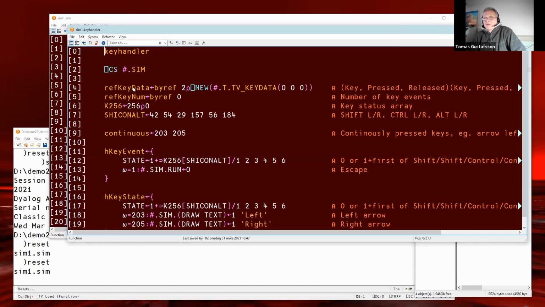And that result we can, from APL, read with refKeyData.value. So we create a piece of data for the keyboard input and another for the keyboard input. Then we create an APL variable with 256 slots for the keyboard keys, of which there are 256. A bit of housekeeping for Control, Alt and Shift states.